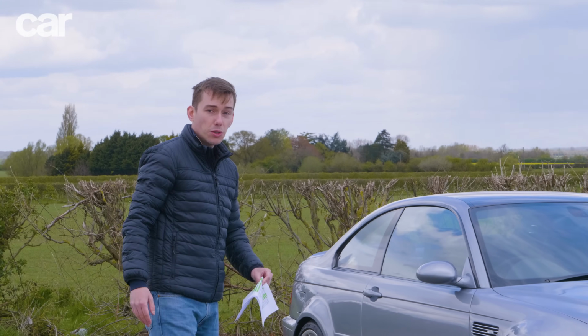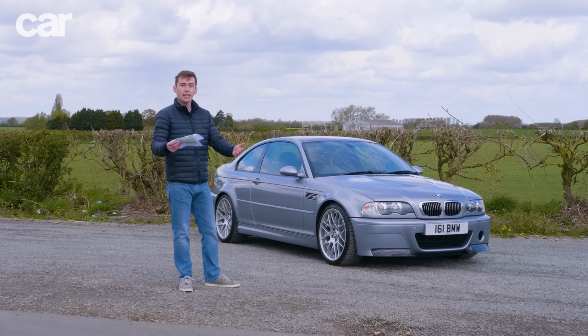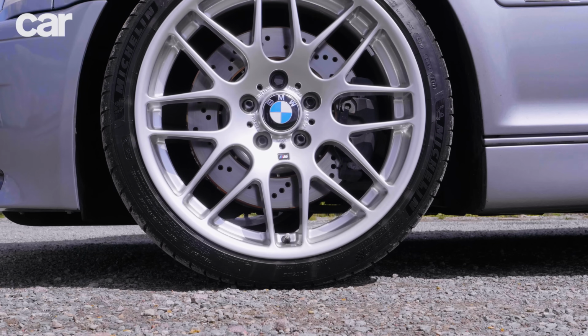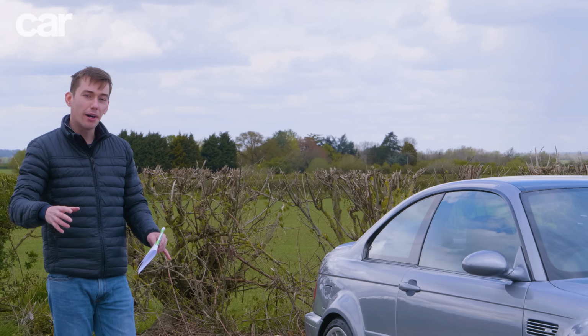Round the back, the diffuser, also made of carbon fibre. The boot lid is made of moulded sheet plastic to make it lighter. The rear window is made of lighter glass, again to save weight. Also the suspension, it's different all round from the standard car, and it's got shorter springs and different damper and